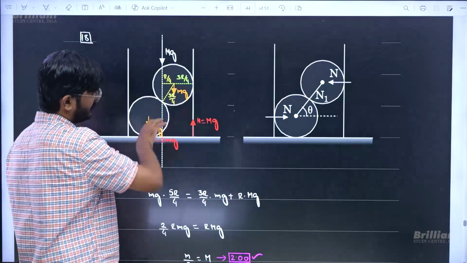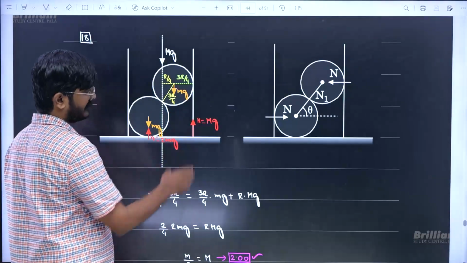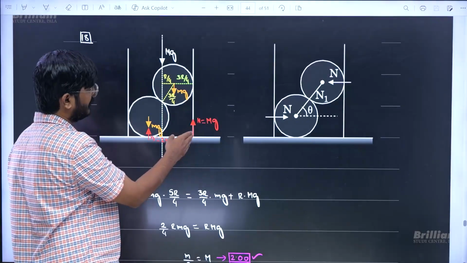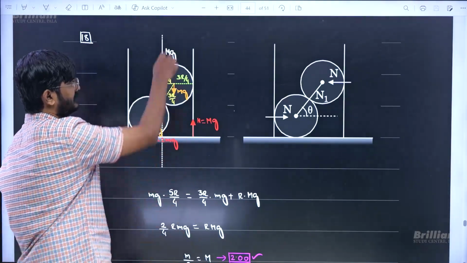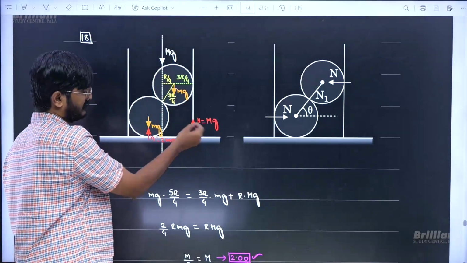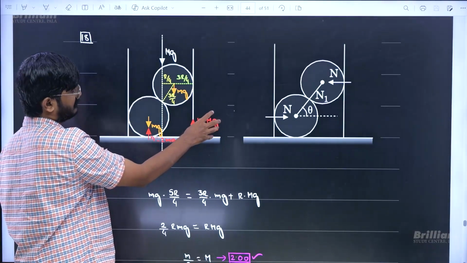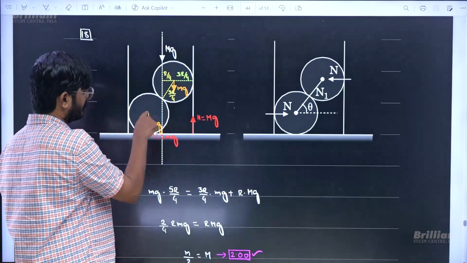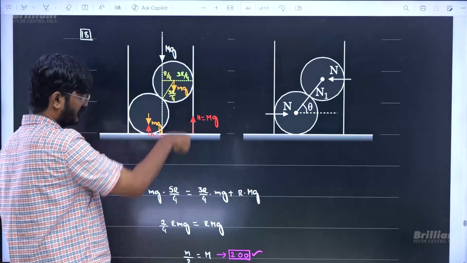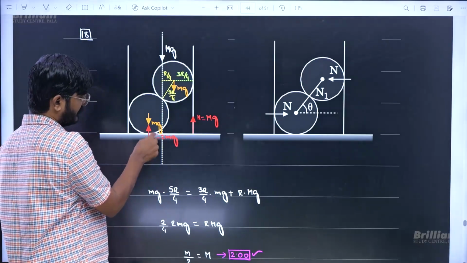So there is a tendency of toppling this way. At the extreme case, the normal will be shifting, and under critical condition this will be balanced by this. So if you take torque about this point, torque is going to be 0 because of this force. Now torque because of this combination is going to be clockwise, that is 2mg minus mg is mg,